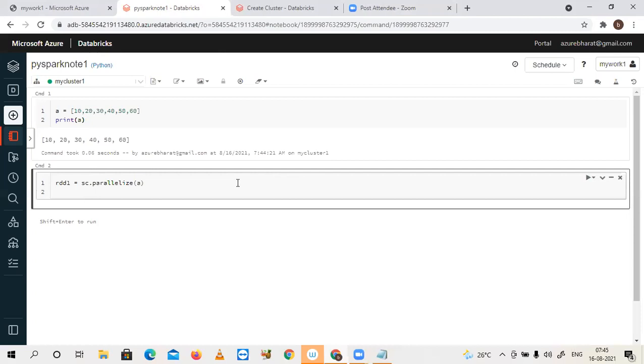And also I'm going to do RDD2. For RDD2, input is RDD1. What is the second way to create an RDD? Using transformation. That means when you perform a transformation or a filter on an existing RDD, one more RDD will be created. So I'm going to perform a simple map transformation now.